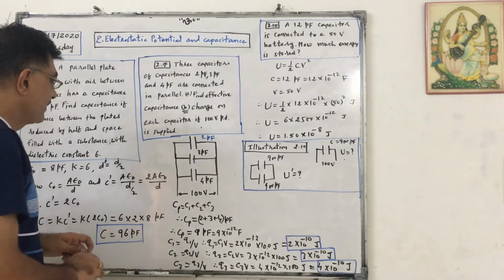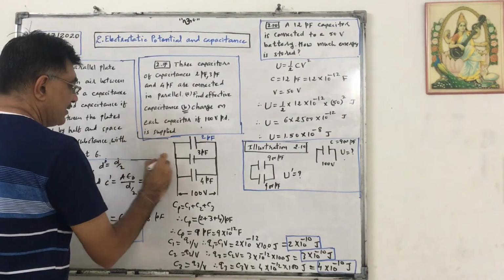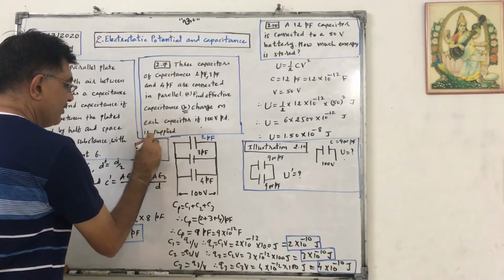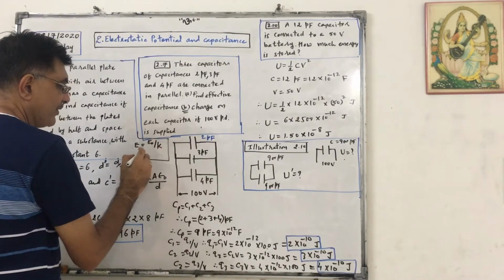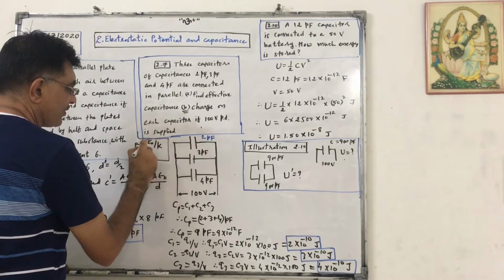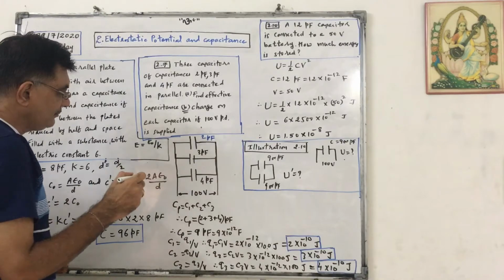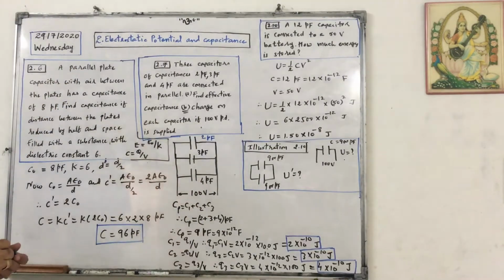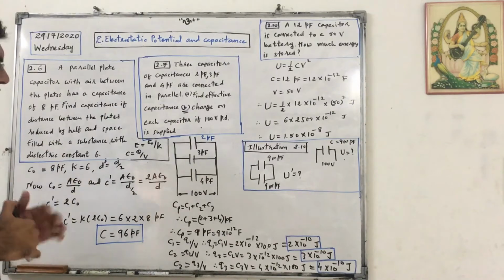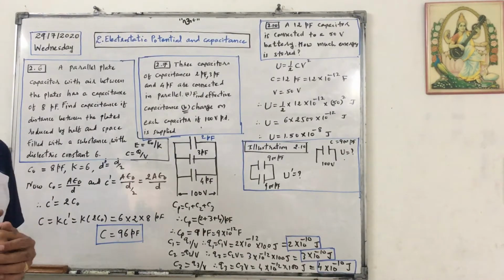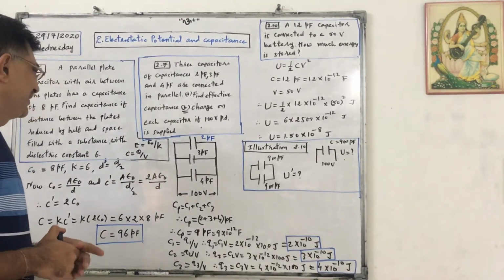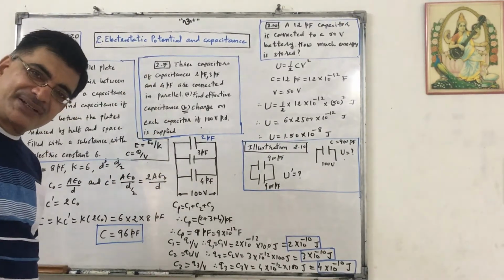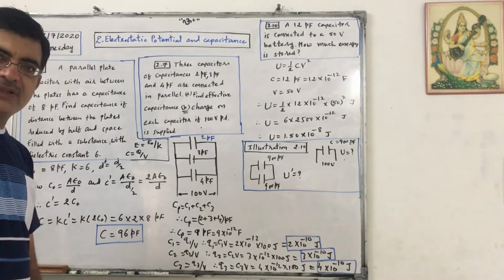Now see, actually we know that if we fill a dielectric, then the electric field will become 1 upon k times, and we also know that E is proportional to V, and C equals Q by V. That means here, due to this dielectric, the capacitance will become k times, because V is proportional to 1 upon k, that is a denominator, so that k will go in the numerator. So that we'll discuss in the theory also.